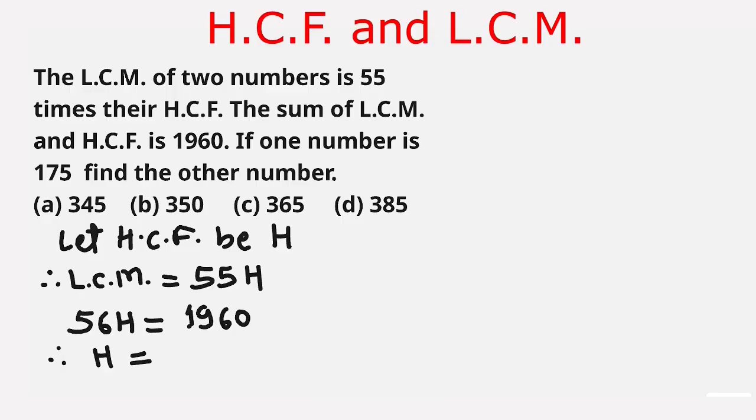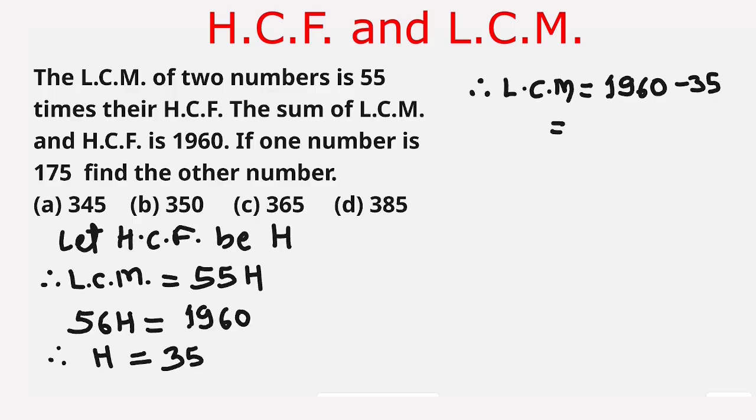This gives the value of H equal to 35, as 56 times 35 is 1960. Therefore, LCM equal to 1960 minus 35 is equal to